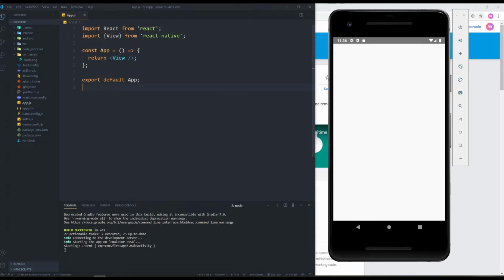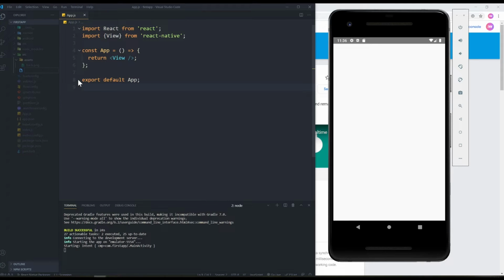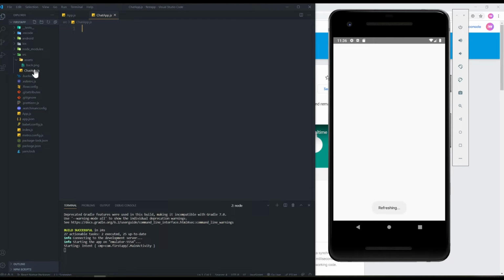Okay, the first thing that I want to do is to create a new component here inside my src folder. Let's name it ChatApp.js. It's the main file of my project, and I'm gonna load this file inside my App.js. So let's create it. Export default function, and the name of function should be ChatApp. And let's import React,